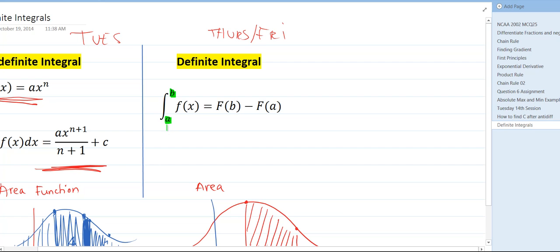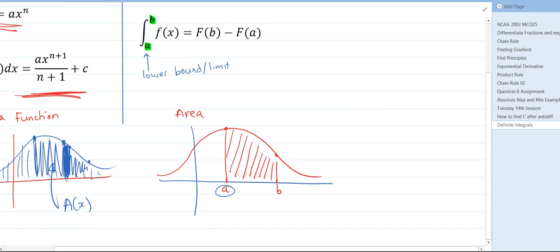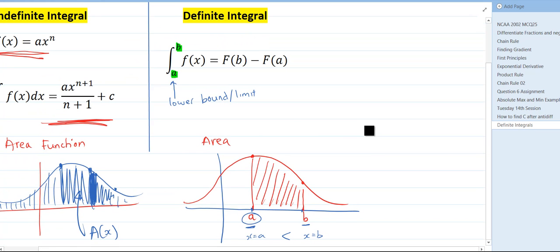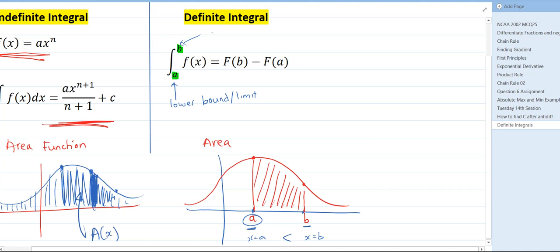Notice that A is on the bottom. We call this your lower limit, or lower bound, whatever you want to call it. Okay? Lower bound slash limit. Simply because A occurs first. You see, A comes first before B, so A is obviously the smaller value versus B, because if x equals A, then obviously x equals B is greater than x equals A. Okay? So B is the upper limit,